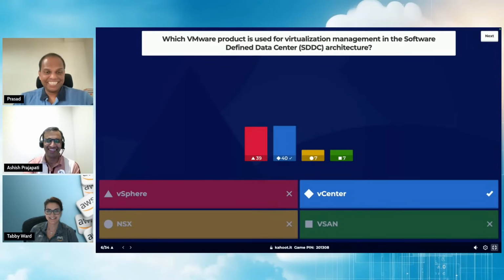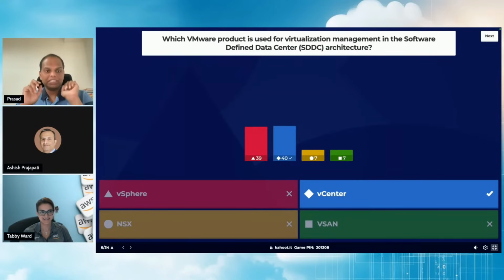Yes, sir. As I said, you need to have access to both the screen that we are showing as well as the screen where you're answering, and that can be on your browser, on your mobile, wherever it is. You need to have access to both. That's how this Kahoot app works.